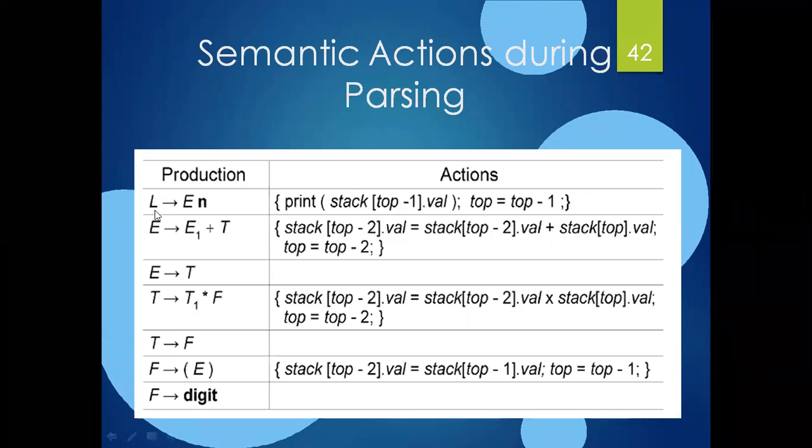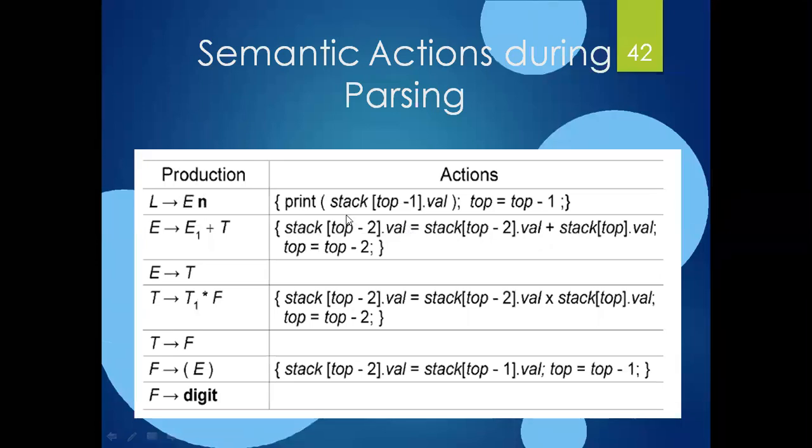L is equal to E, or E is equal to L, right? When I am pushing this non-terminal E onto the stack, it is the starting symbol, so it is on top of the stack, and I want a value for the L. Again I am pushing this non-terminal onto the stack, then the top of the stack becomes an L and top minus 1 becomes an E, isn't it? What it means is top is equal to top minus 1. That is what I'm printing here, the top minus 1 position in the stack, right?